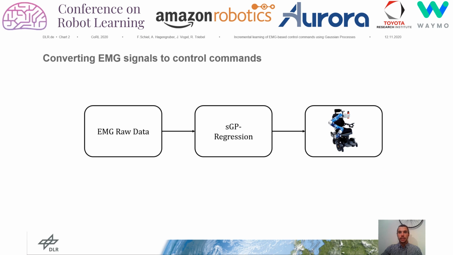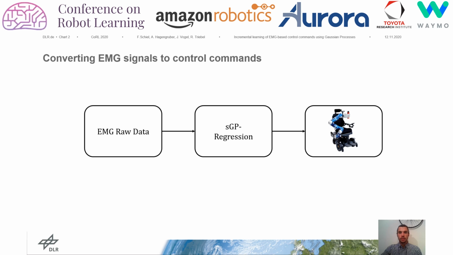Measuring electrical potentials produced by muscles is referred to as electromyography, or short EMG. EMG interfaces can be used to command assistive devices in healthcare applications, for example, myoelectric prosthesis. In our lab, we developed a wheelchair with an attached robotic arm, which can be also controlled using an EMG